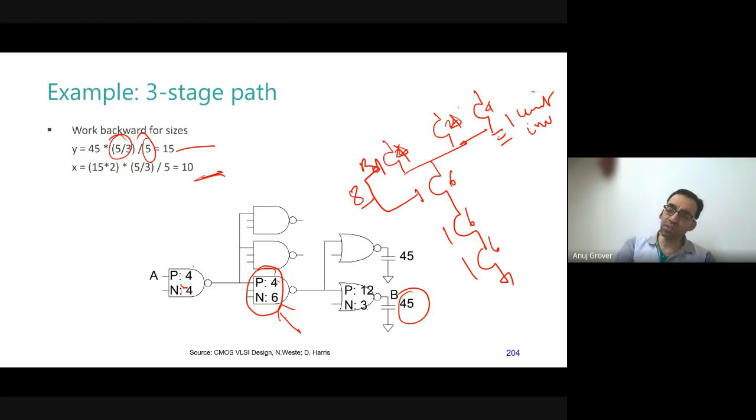So we are not going into exact delay measurements. So this is back of the envelope calculations. That was a much finer detail that we saw when we were looking at just one inverter or one gate. As soon as we go to a path kind of a setting, we cannot go into such detail for doing back of the envelope calculations.